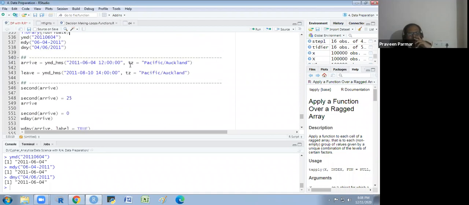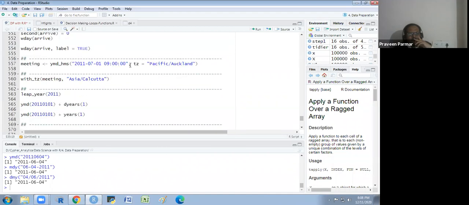Some more things I would like to explain from here, the important one. Here you see, I am writing a meeting ymd underscore hms. This is the format here that I am writing outside.